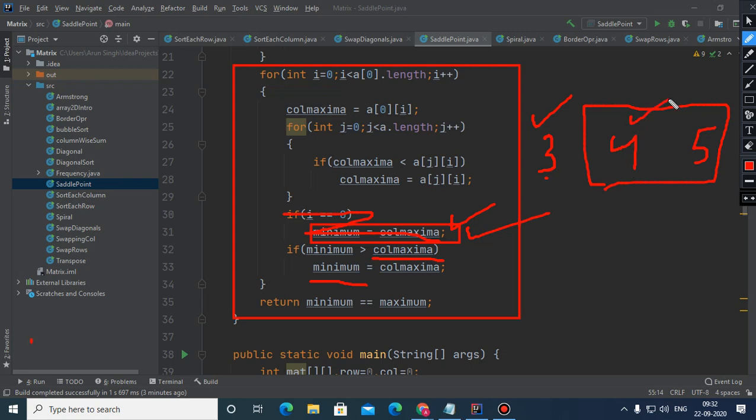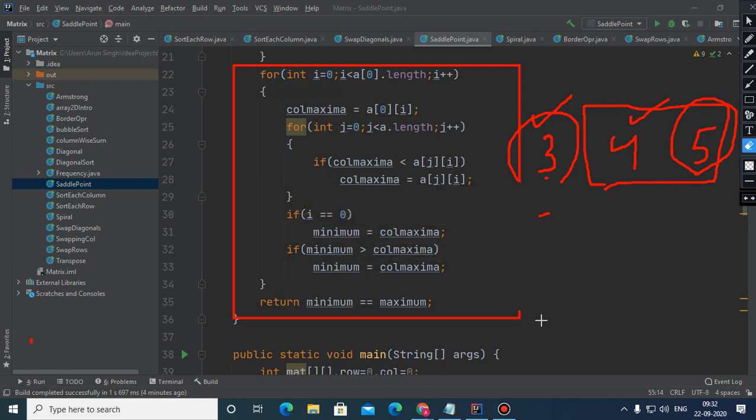When you get 4, the same problem: minimum is 0 and 0 is not more than 4. In that case also nothing will change, and here also nothing will change. Even though the minimum is 3 in this array of column maxima, in your case the answer is 0. So that is the problem. That's why this first statement is very important.